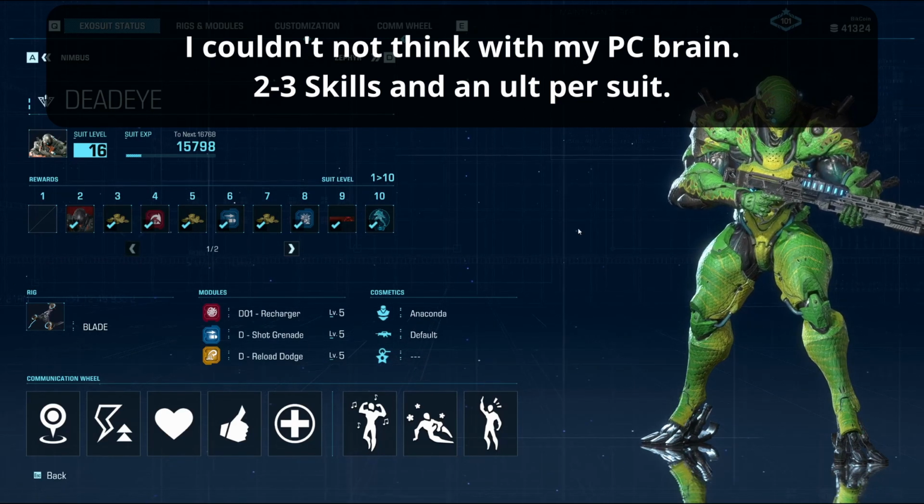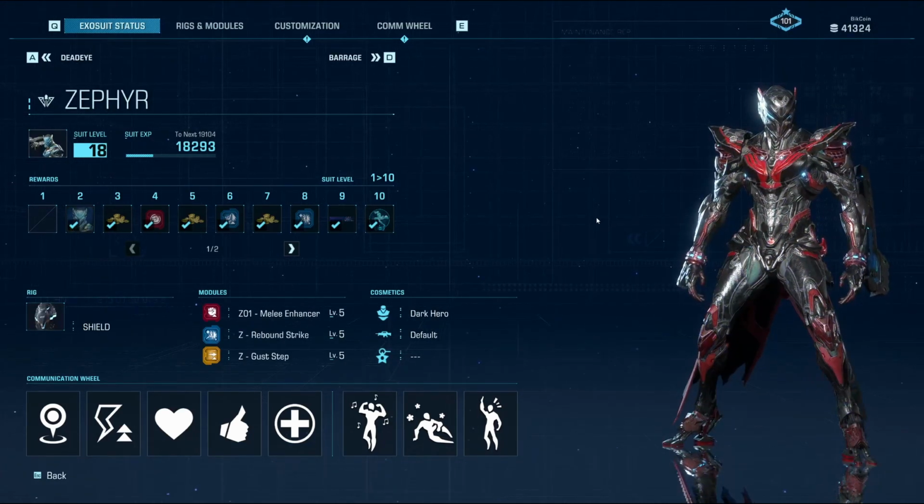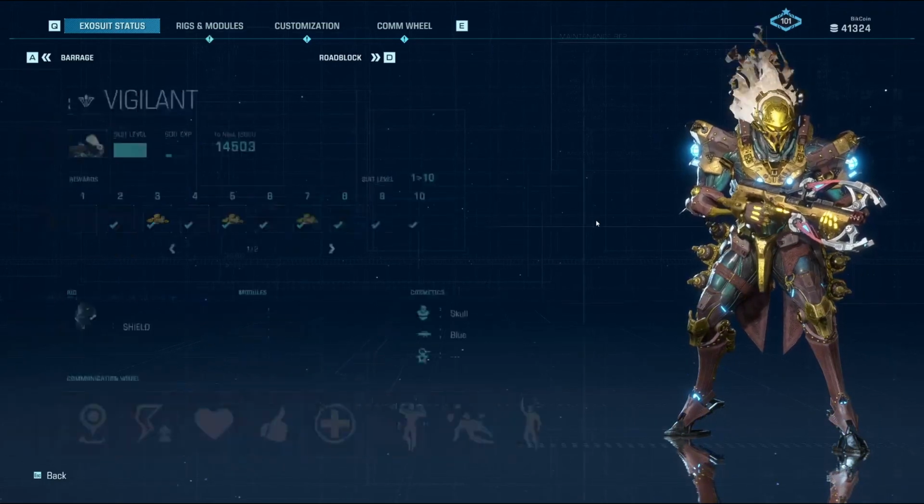Deadeye is your very standard character, Call of Duty. He's got a rifle, he's got a noob tube. Zephyr is a very fast mobile melee suit. The easiest way to sum up Barrage is he's Junkrat. You just lob over a bunch of explosions. Vigilant is your sniper